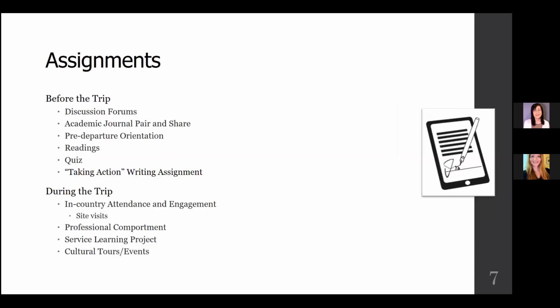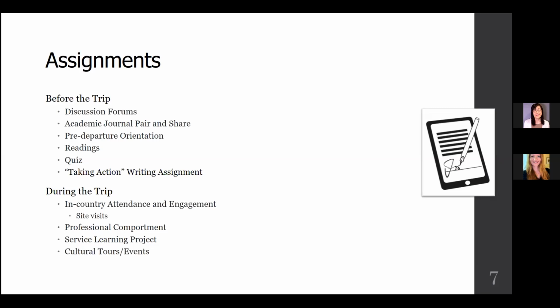Now, assignments can be broken up into two categories. You have your assignments that are due before the trip, that have to be completed before the trip. And then you have your assignments during the trip, and I believe one or two of those might spill over until right when you return. My students basically last December were able to complete it while there. For example, after a long day, you just wanted to relax a little bit at night. Some students were able to get some of their work done while they were in their hotel.